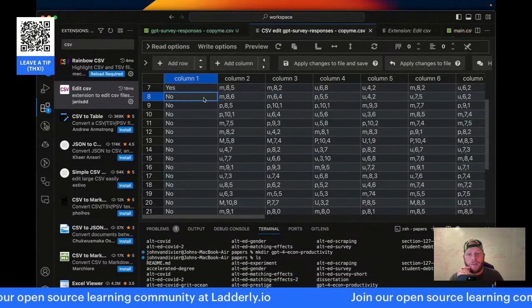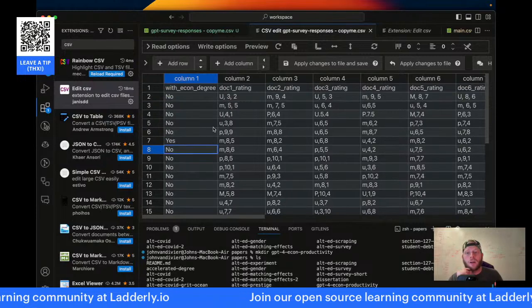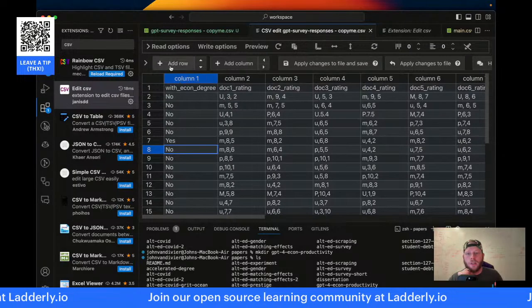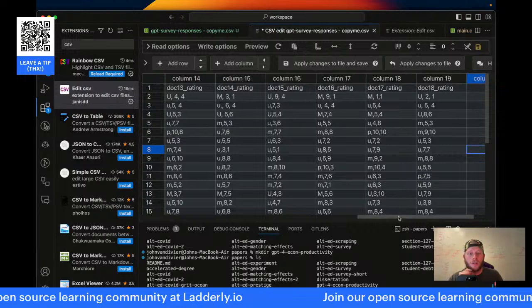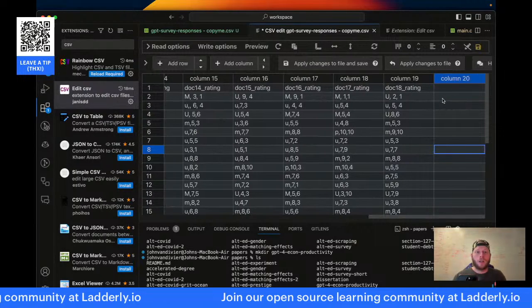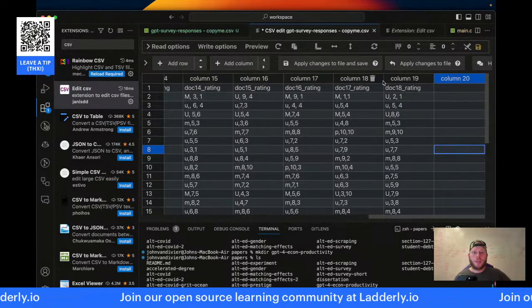Edit CSV. Now I have the table view. Column 1, it's called, with econ degree. So let's add a column. And let's try to paste.